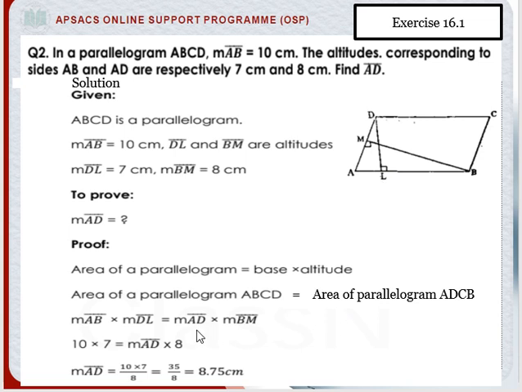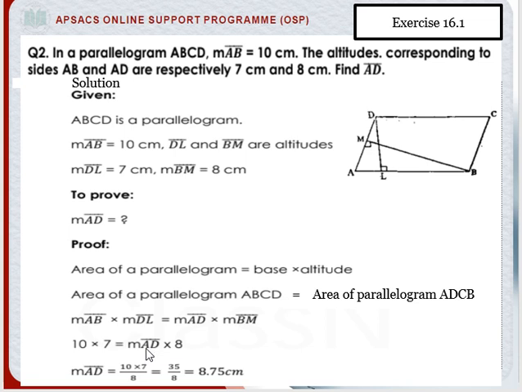If we multiply measurement AD, which is the base, and measurement BM, we get the area of parallelogram ADCB. Measurement AB is given in our question, which is 10 cm, and measurement DL is also given, which is 7 cm. This is equal to measurement AD